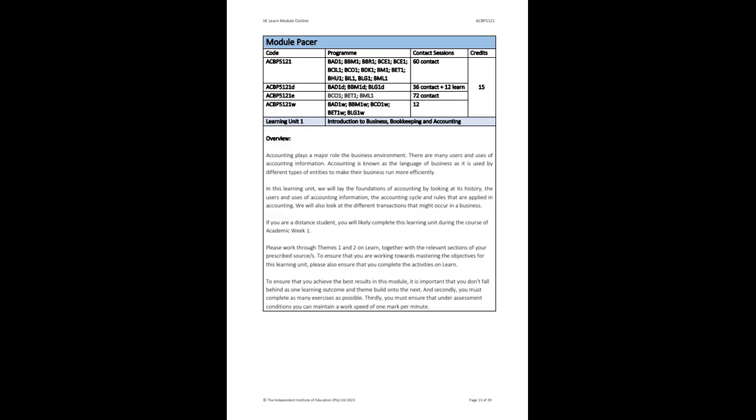Okay, so then we come to the part that is referred to as the PACER. And this starts on the page where Learning Unit 1 information starts. And then from this point in the module outline, the guide will take you through, it's got 2 pages for each learning unit. The first page gives you this overview,